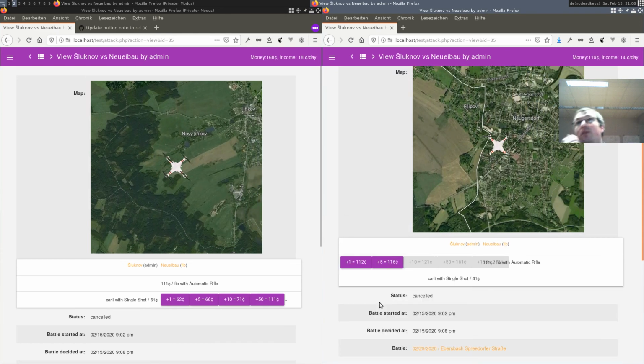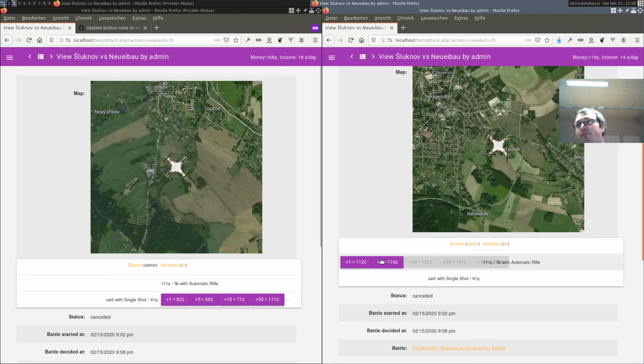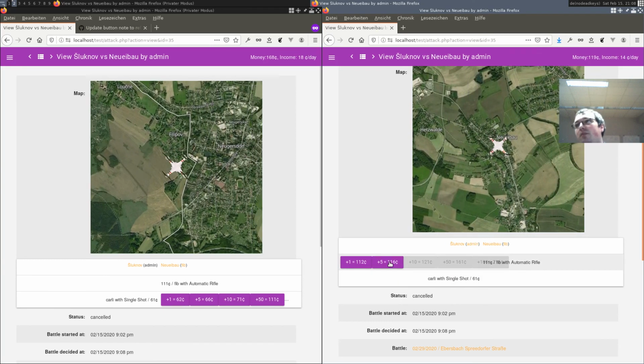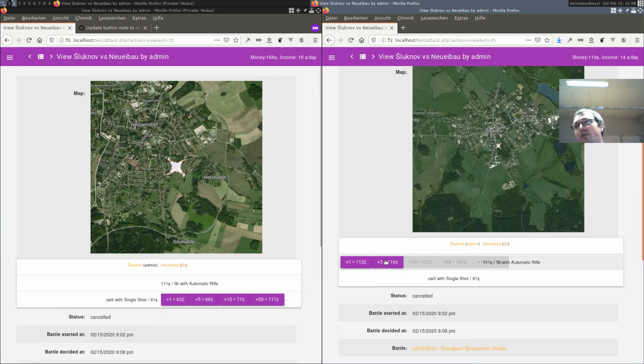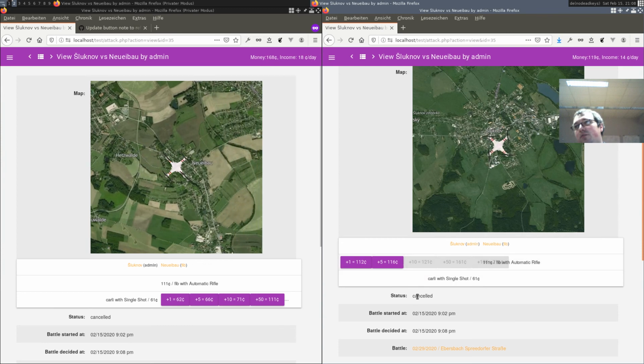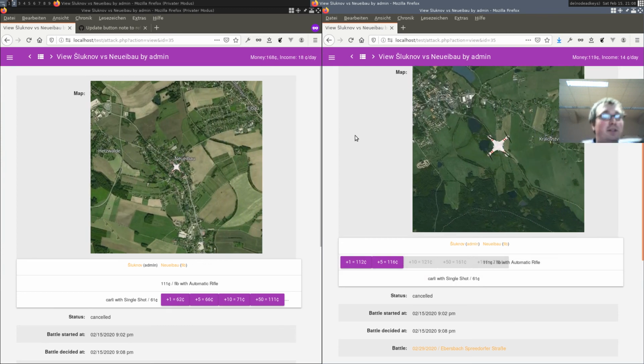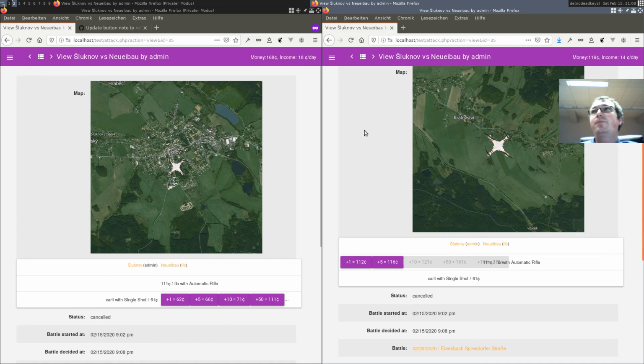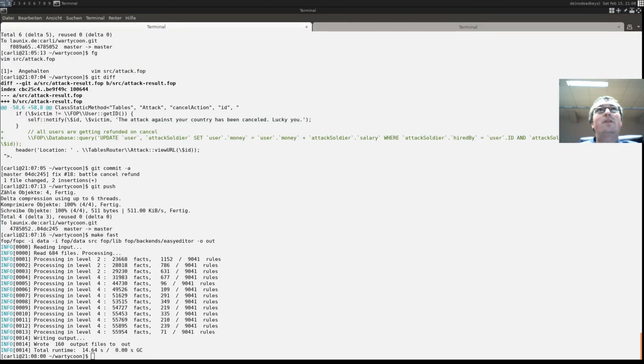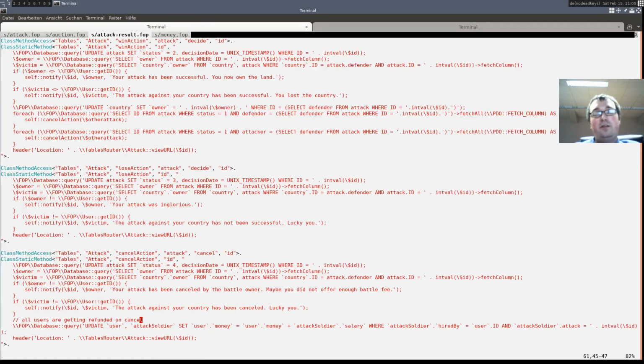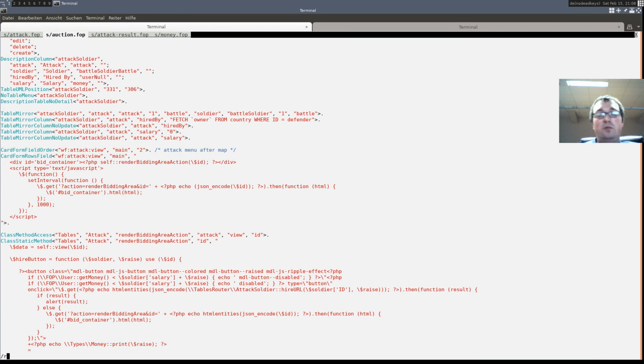Now, next thing. Even if the battle is cancelled, I can still bid on this battle. So that's a problem. We have to somehow hide the buttons. So, render bidding area action.